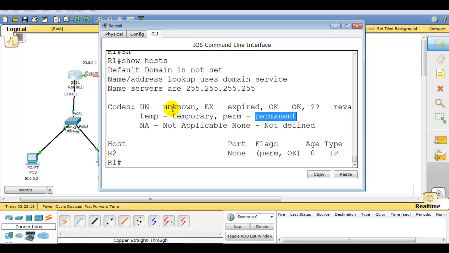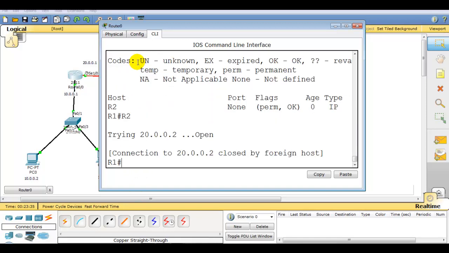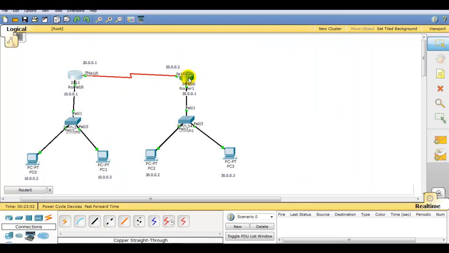Shortly I will explain that when we configure using DNS, it will show this flag as temp, which is temporary. If it is set to temp, it is an entry that was resolved by DNS. Now if you write R2, you can see that by default it tries to connect with telnet. If you directly write this host name over here, it will try to connect with telnet. So now let me enable telnet on router number 2.